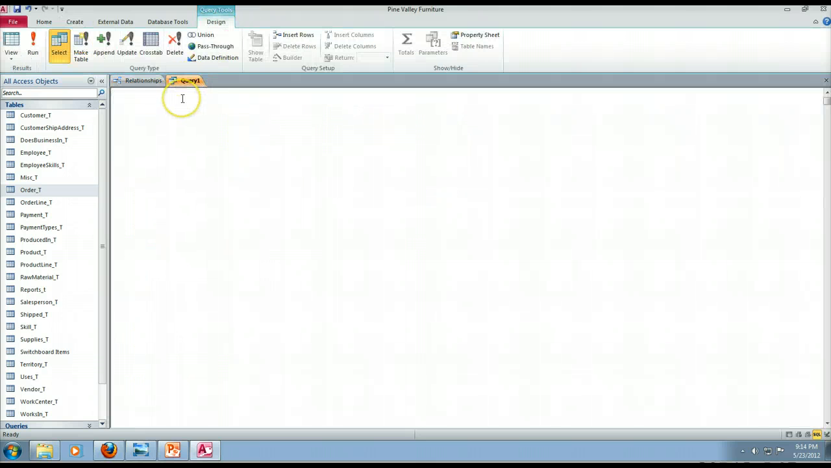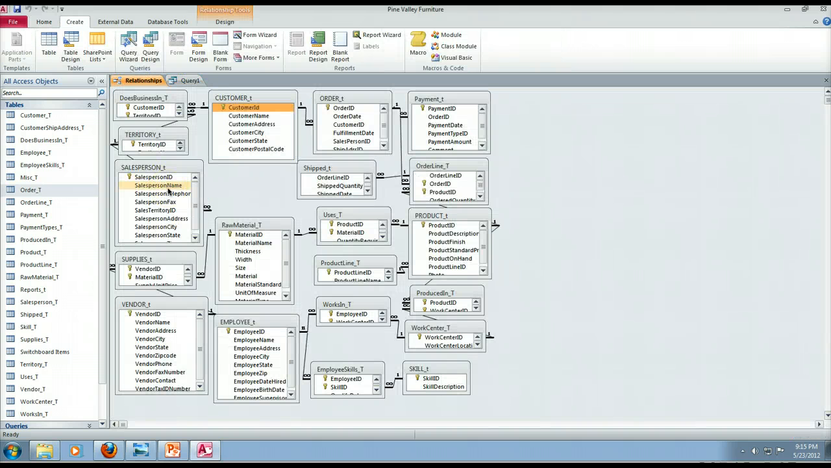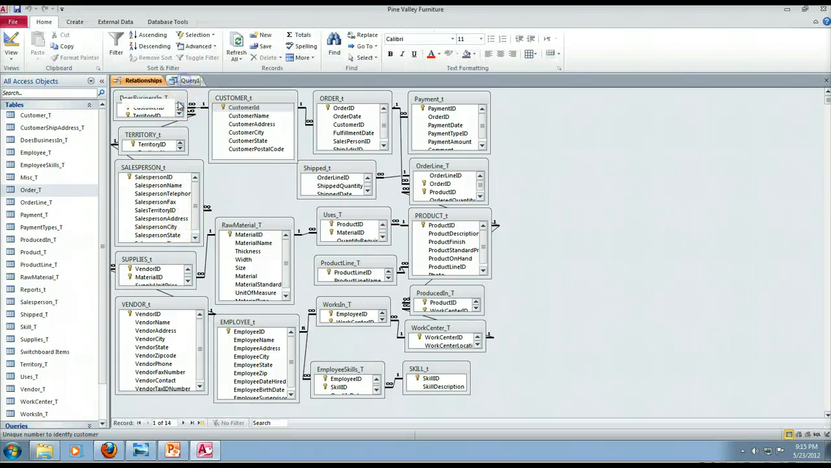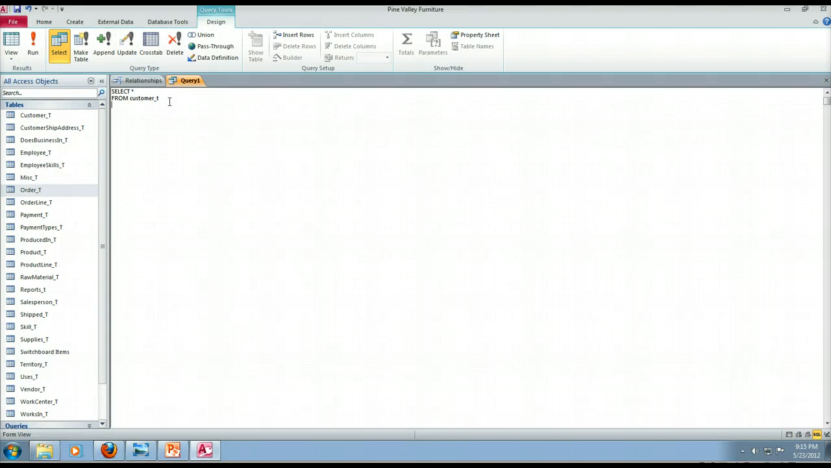So in other words, if we ran a select statement such as this, select star from customer T, for instance, we're going to get 1, 2, 3, 4, 5, 6 columns returned. Right? If we ran the same type of select star from salesperson T, we would get 8 columns returned. So if we try to do that, go back to SQL view, the way you union